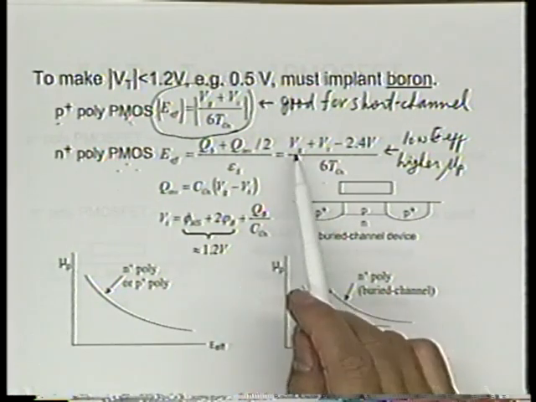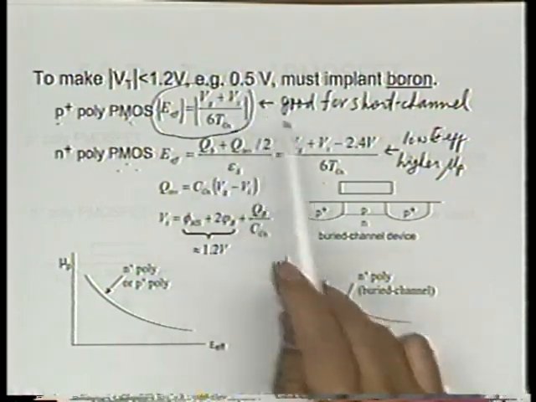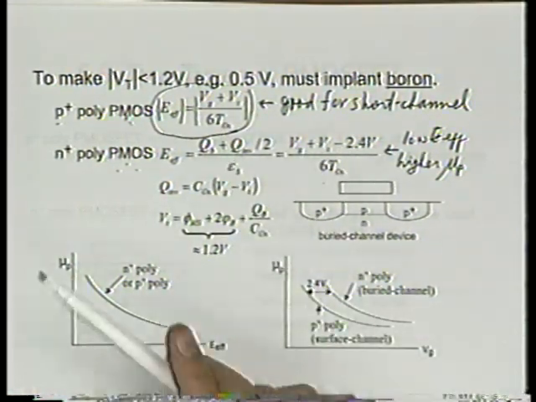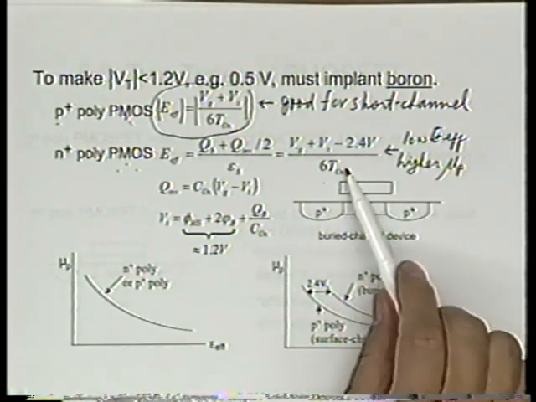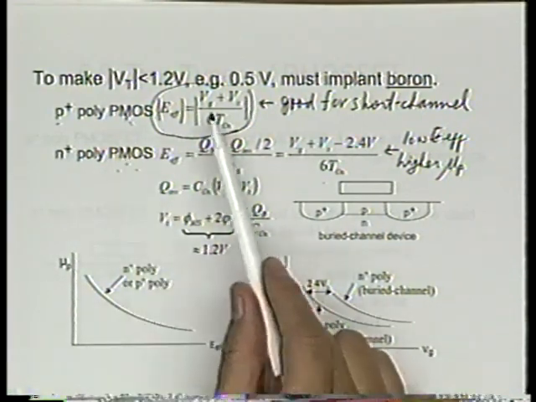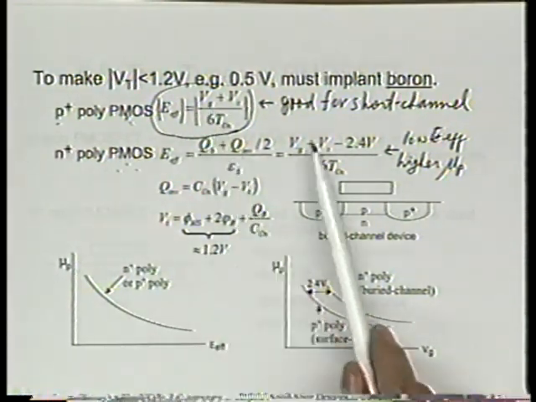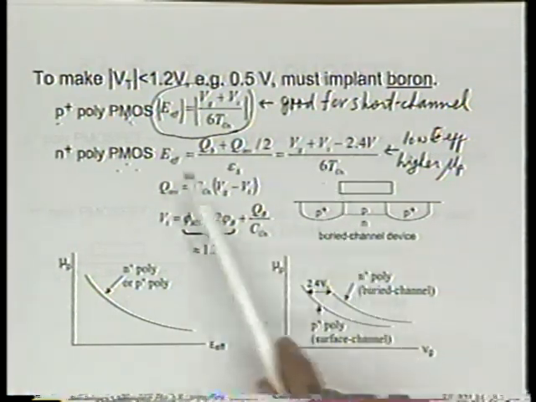For a given VG, if these two type transistors have the same VG, they have the same VT, they have the same oxide thickness, that's usually what the designers want. They say, I want to operate this transistor at this VG, I want this VT, and I would like to have this much current, therefore I want this much oxide thickness. So if you design two p-channel transistors meeting that same spec, same VG, same VT, and same Tox,